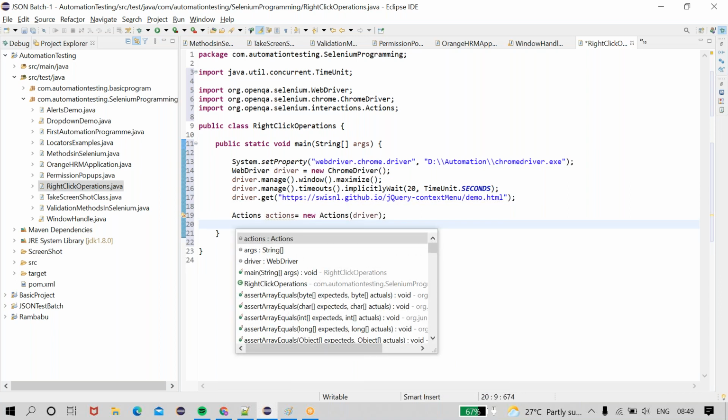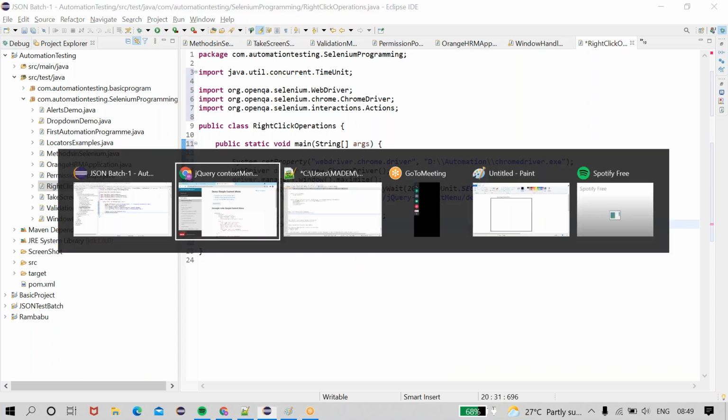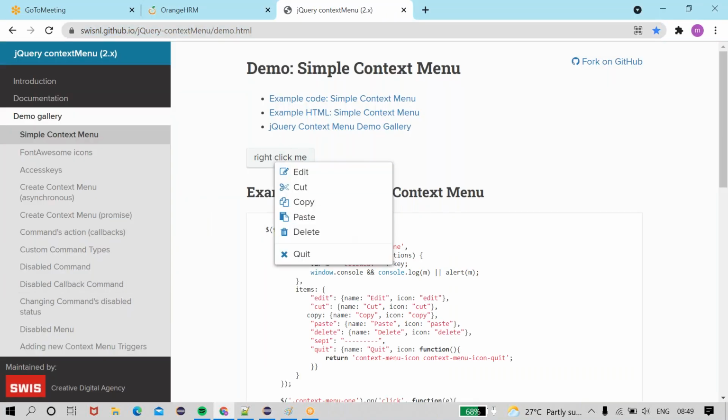I need to get the web element of this element, or rather I need to use the context click. Actions dot context click, over the element where I need to perform it. So I need to get the location of this. See, I'm not able to get this.